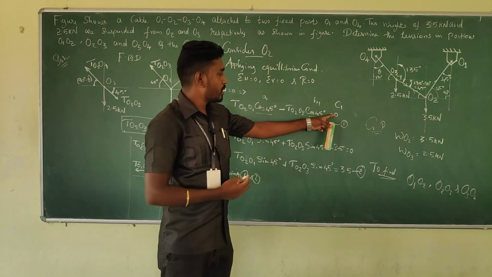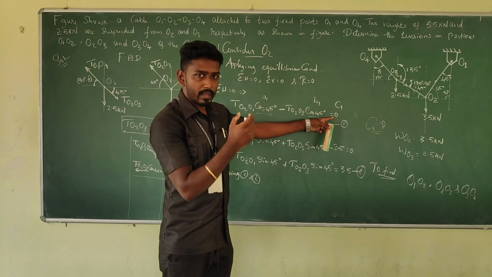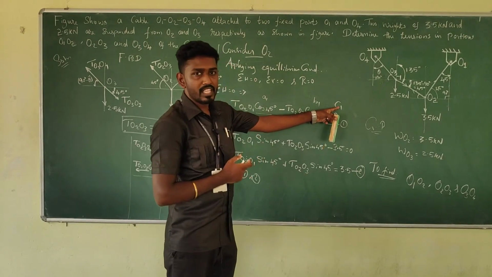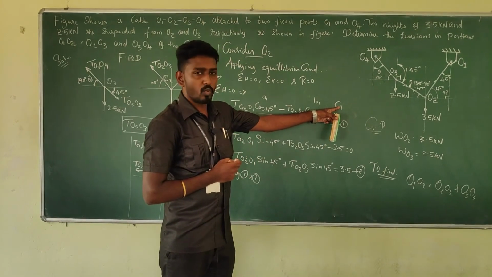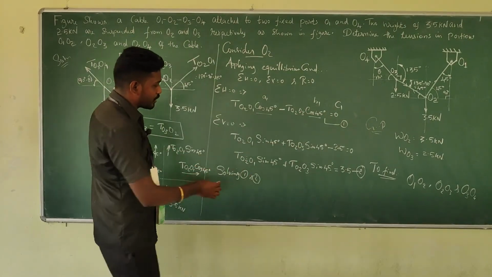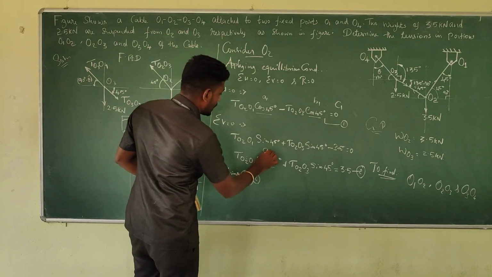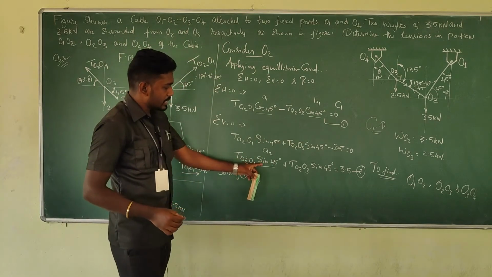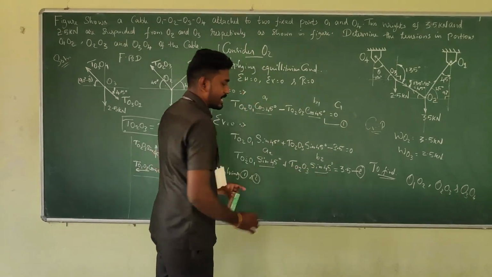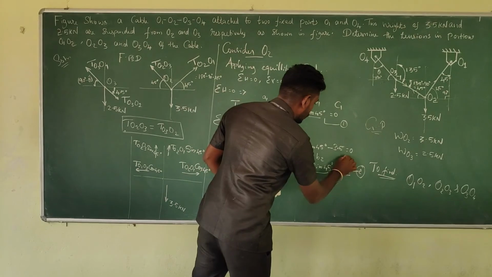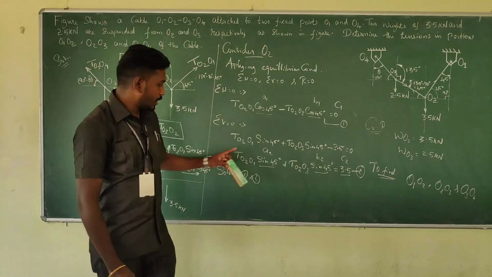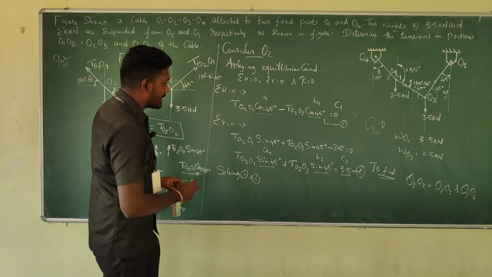After equal, whatever things are there, you need to specify in order for C1. So C1 here is 0, and then it will be asking for A2. A2 is plus sine 45, and B2 is nothing but plus sine 45, and C2 is nothing but plus 3.5. If you give H, naturally you will get the answer.